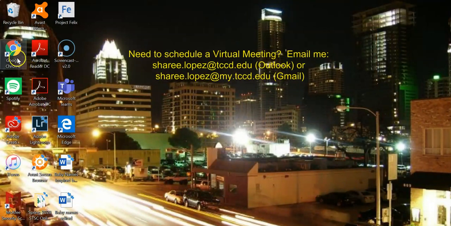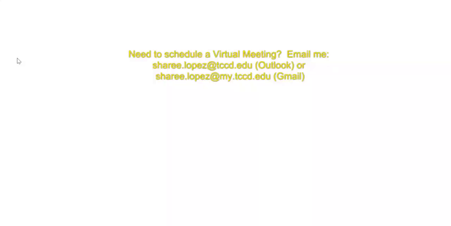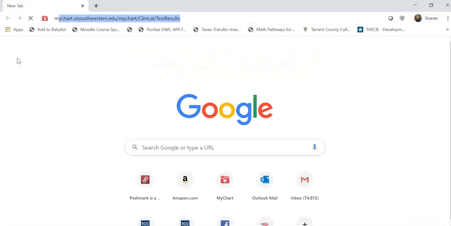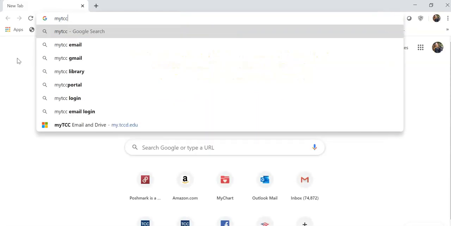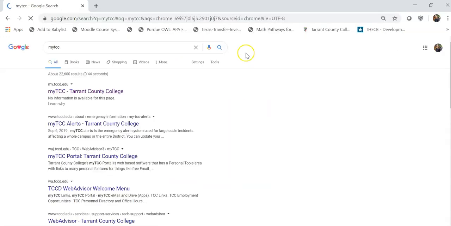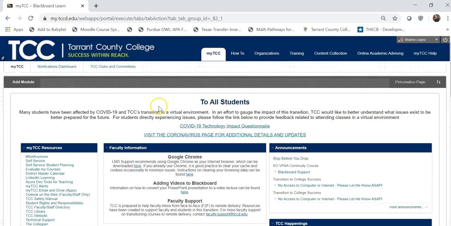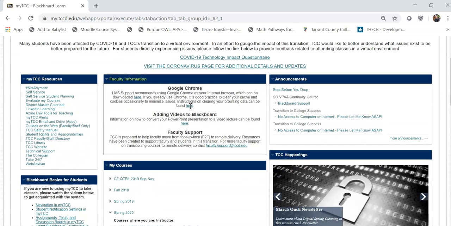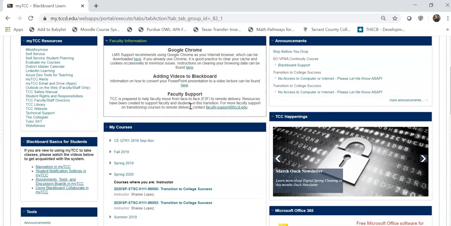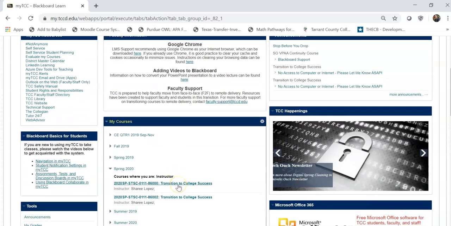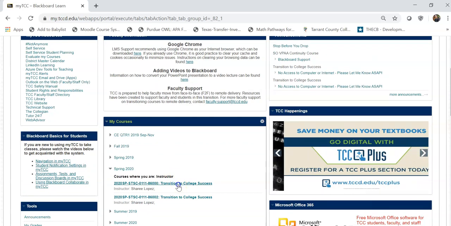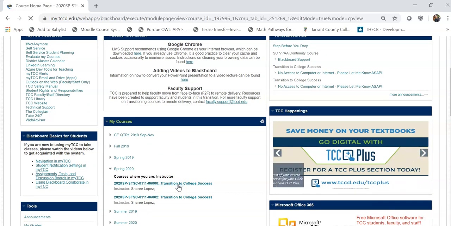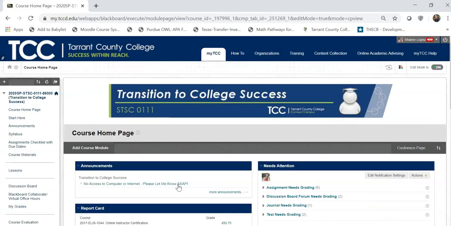Okay, so as you know, I'm going to go to Google Chrome and go over to my TCC. And then I'll go to the information for our class. I'm going to use the first class as an example. And then under lessons,